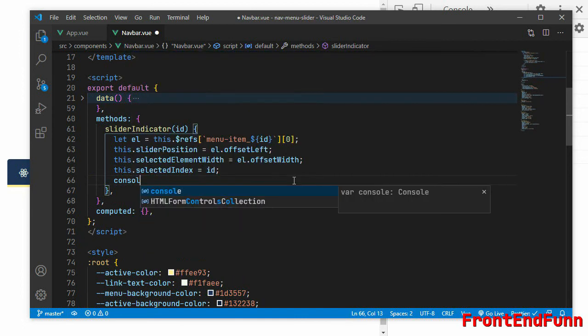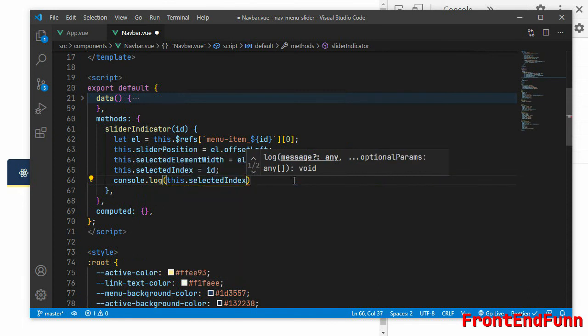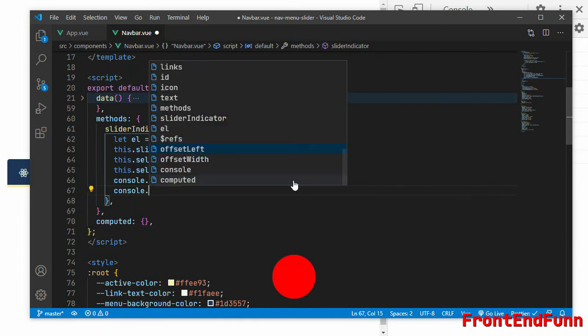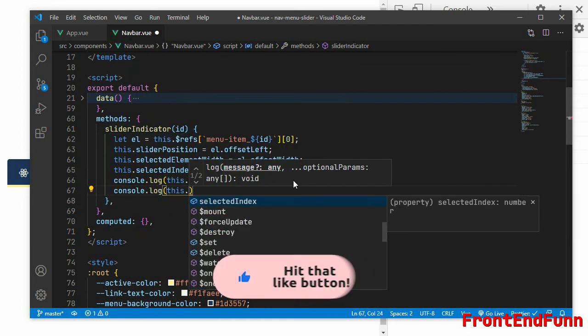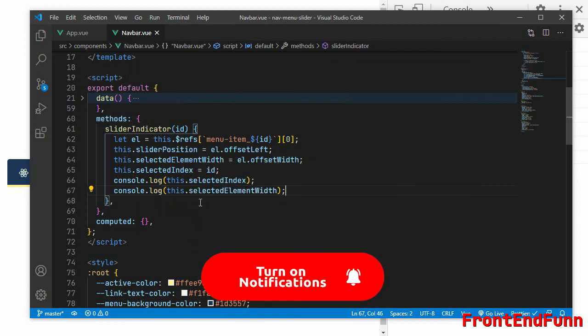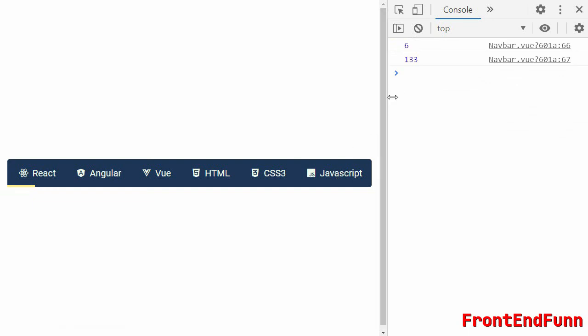Now if I console.log this.selectedIndex and this.selectedElementWidth, and click on JavaScript, as you can see, the id is 6 and the width is 133. Similarly, CSS width is 98 and its id is 5.